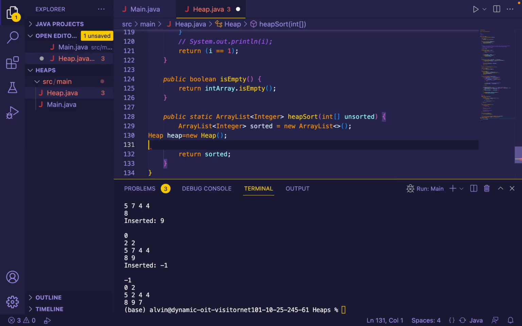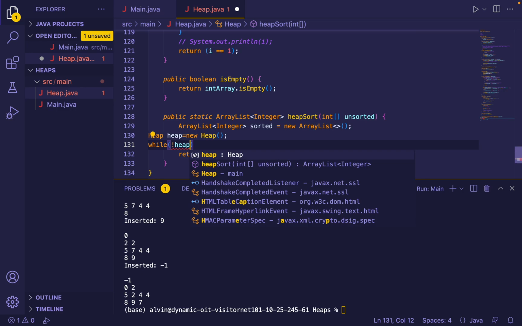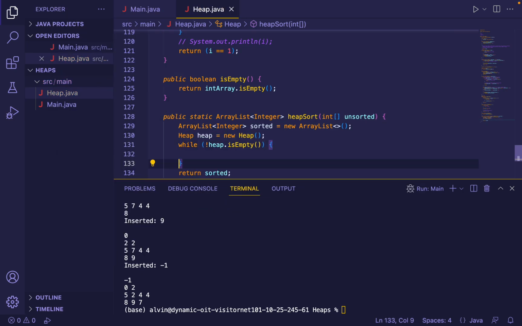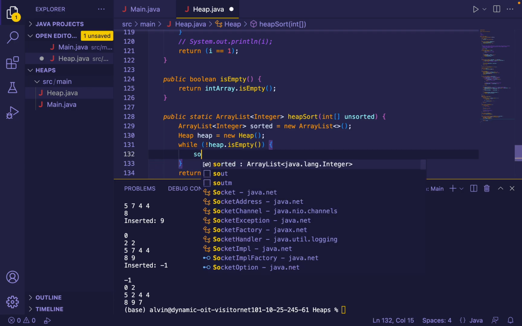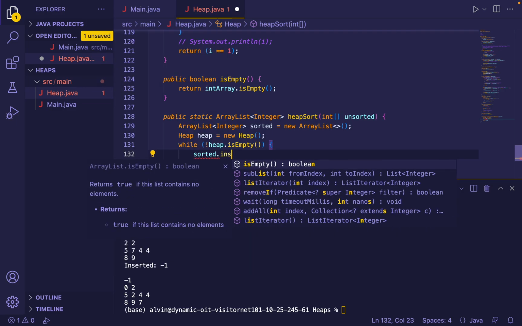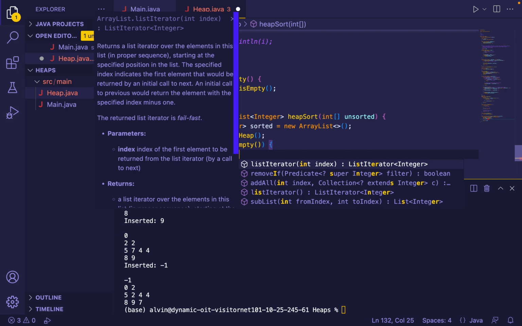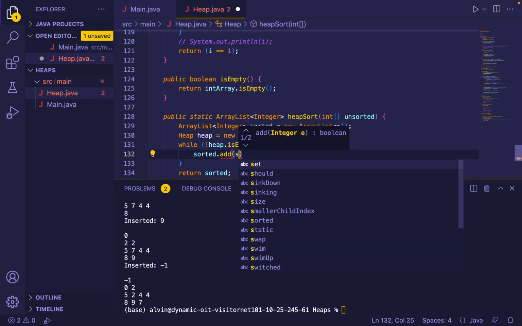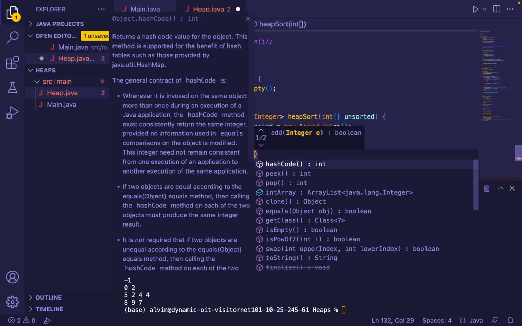While not heap is empty, sorted dot append, insert is just that. Pop,